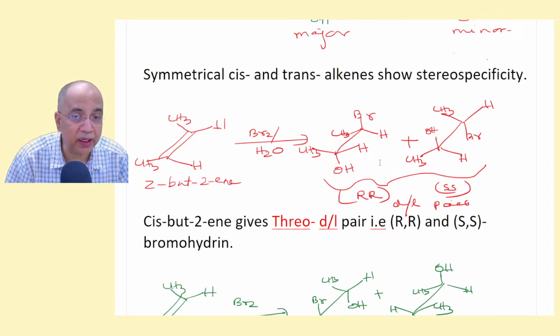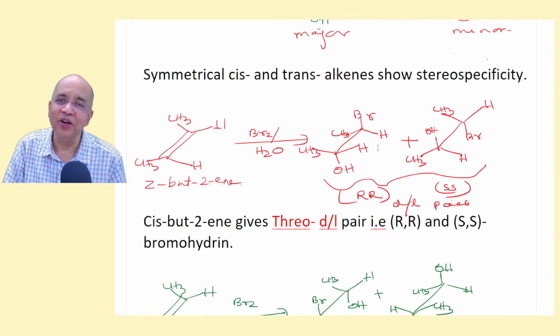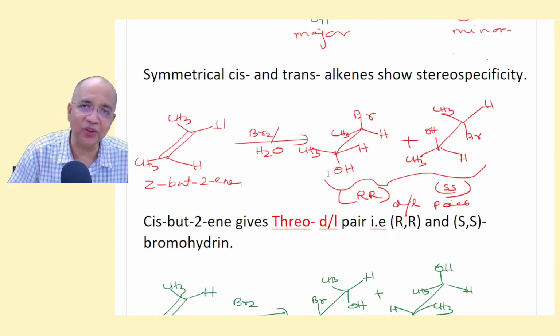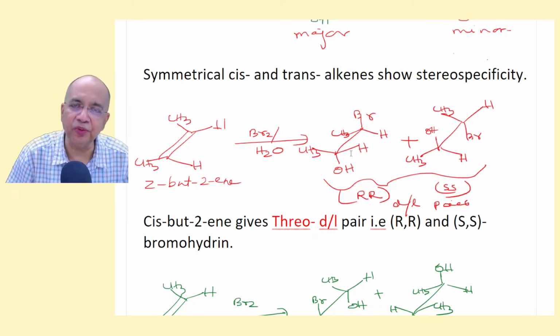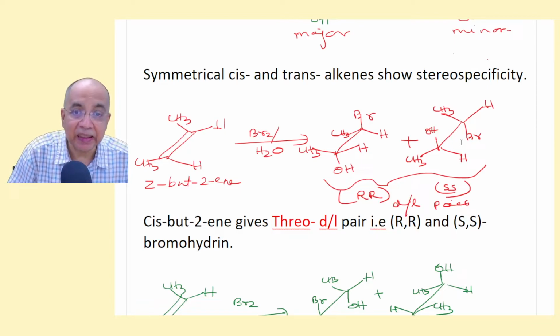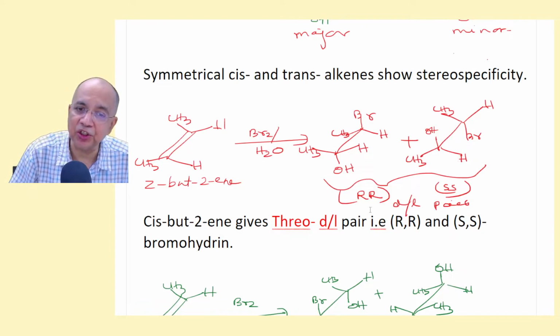Now if you rotate it, you will find OH and Br will come in line, methyl will go opposite, hydrogen will go opposite. And if this is RR, you can find out if you are a little conversant in finding out the configuration in this picture. You can also convert it to Fischer formula and do it. And this will be exactly its mirror image, RR and SS. And this belongs to a particular diastereoisomer called threo.